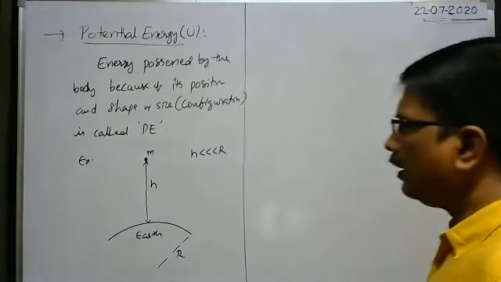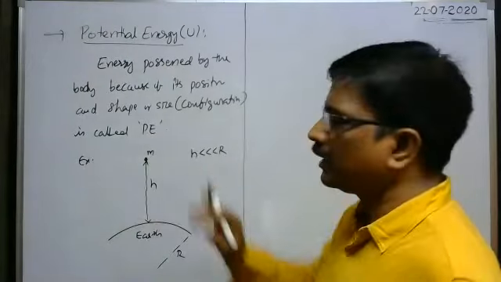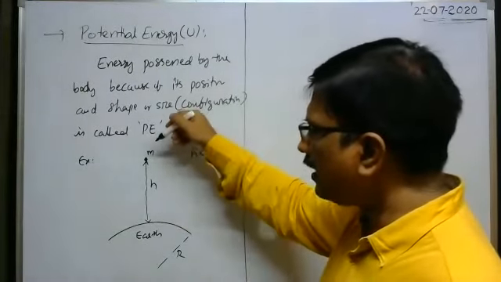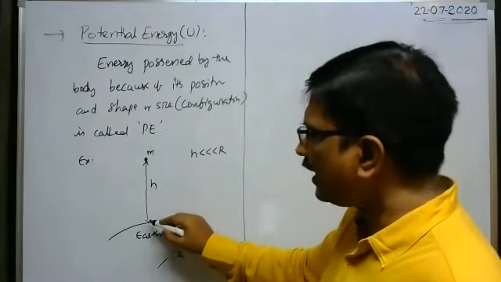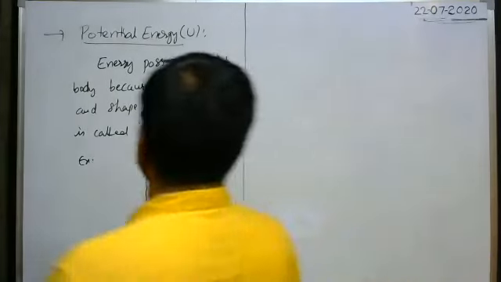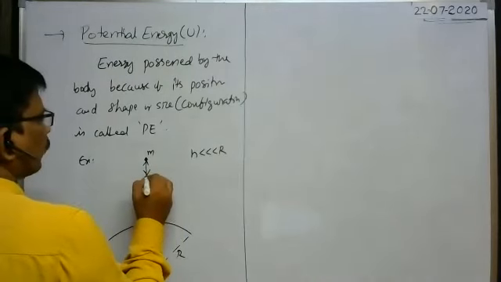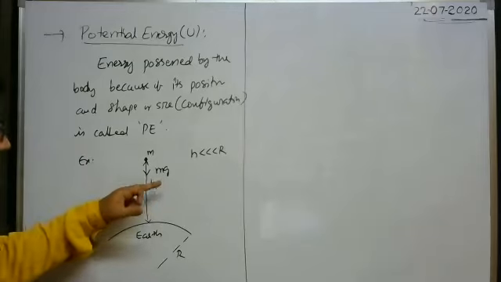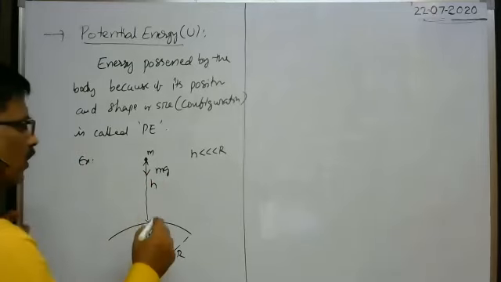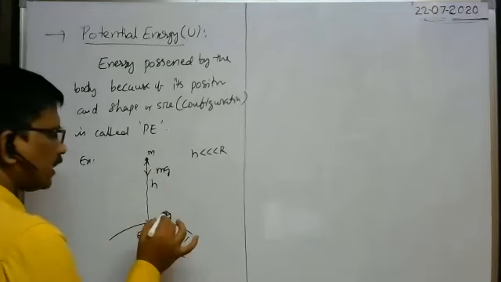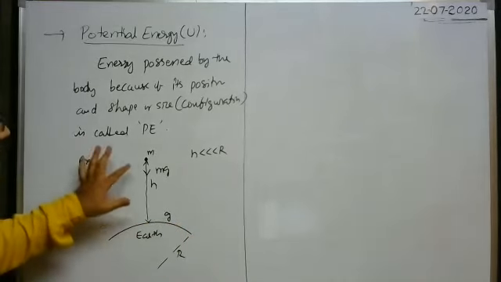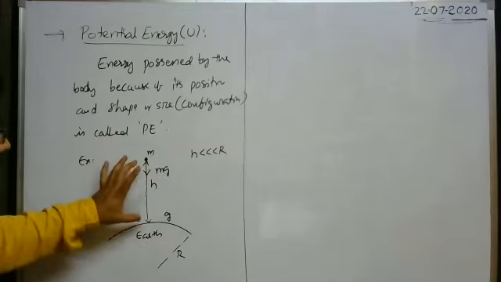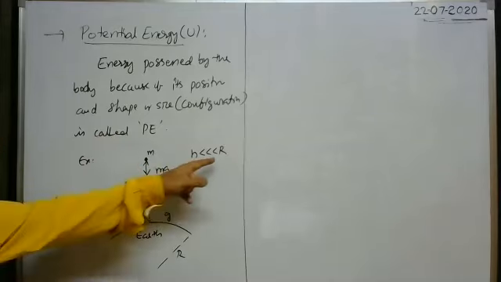Okay, now suppose you release the body from this point. Some work is done by gravity, no? Because the earth attracts the body in the downward direction with a force equal to mg, where g is the acceleration due to gravity on the surface of the earth. If the acceleration due to gravity on the surface of the earth is g, then even on this body the acceleration due to gravity is g only, because the height of the body from the surface of the earth is very small compared with the radius.